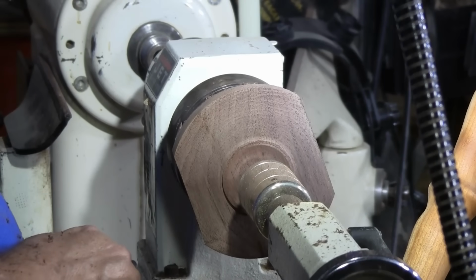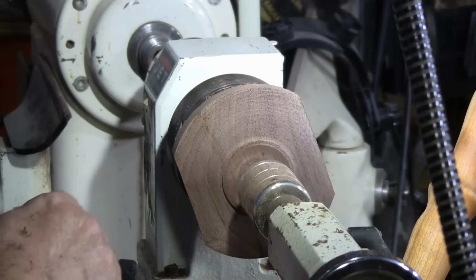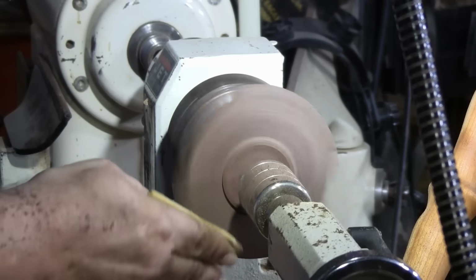We're going to hit this with sandpaper real quick, and when I say real quick, that's exactly what I mean. You'll see as I sand this. I'm going to go ahead and show you. We're going to start out with